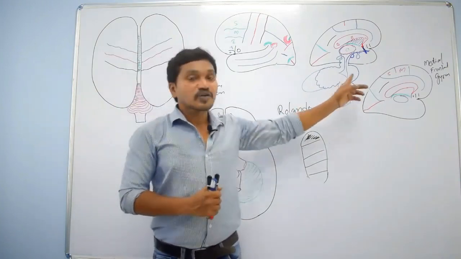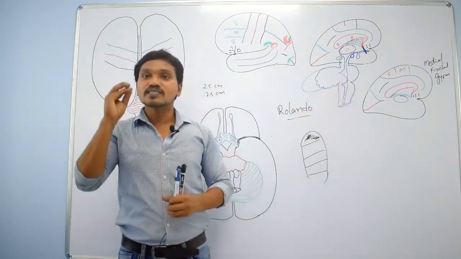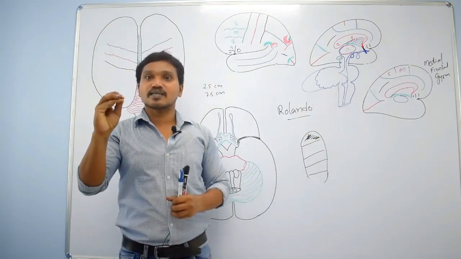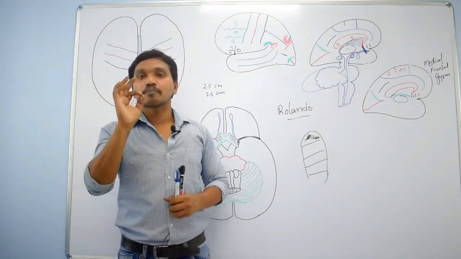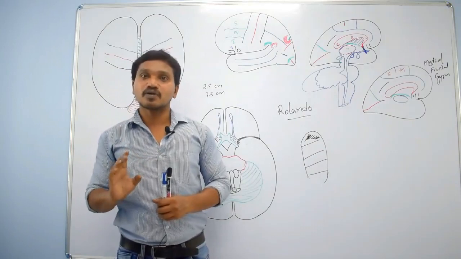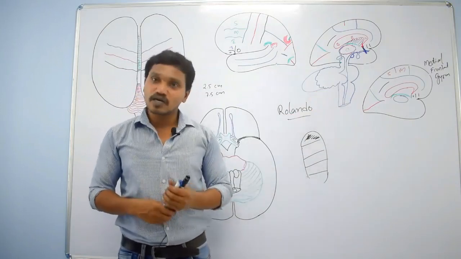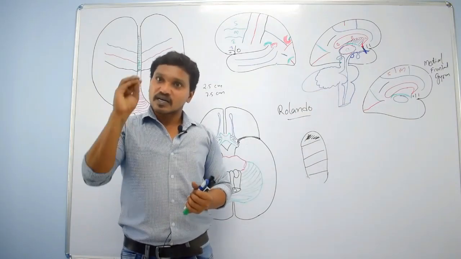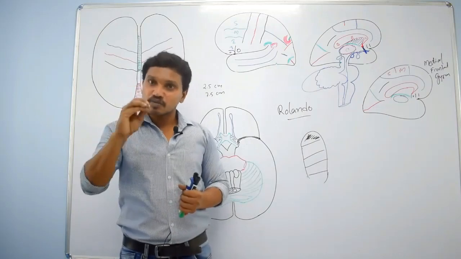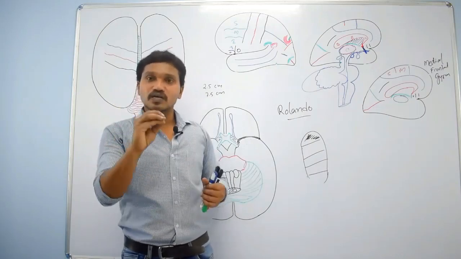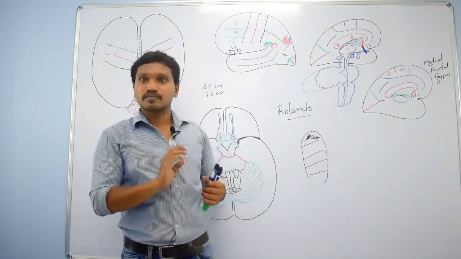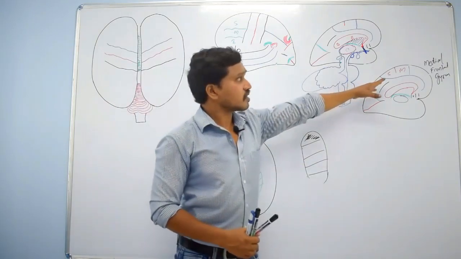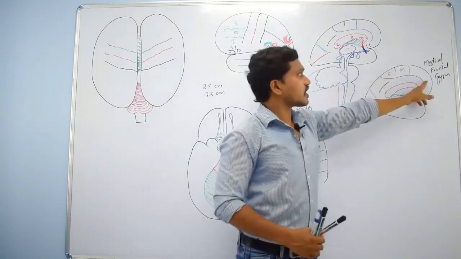So if anyone asks what is the cortical center for micturition and defecation, what you have to say? Paracentral lobule. Of course, the anterior motor part, along with micturition and defecation, also controls the motor control of the contralateral lower limb below the knee, right? So that is about the prefrontal gyrus and